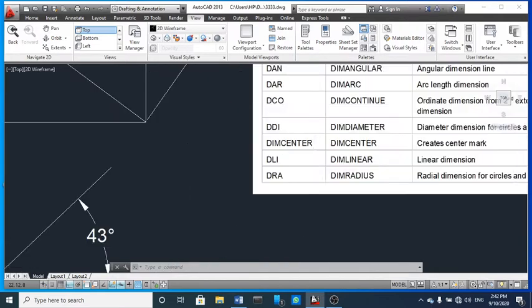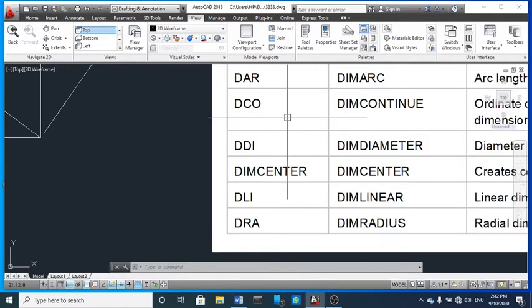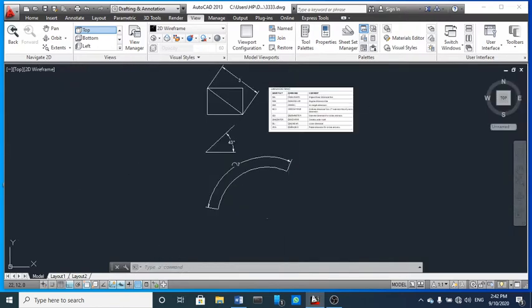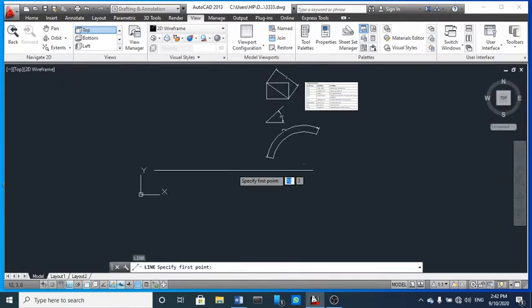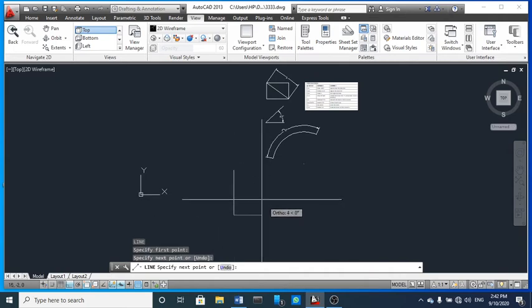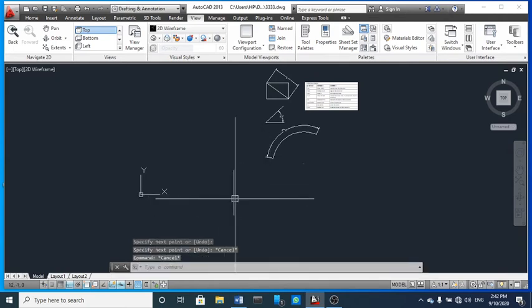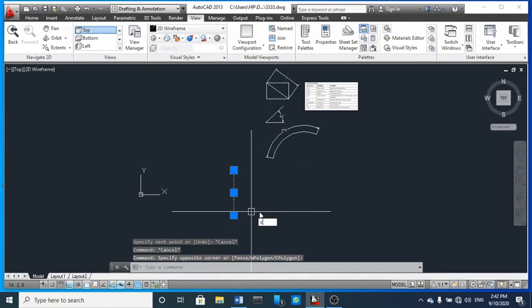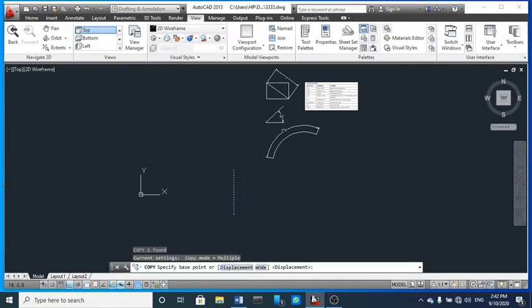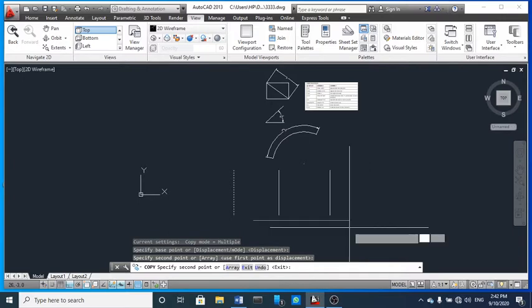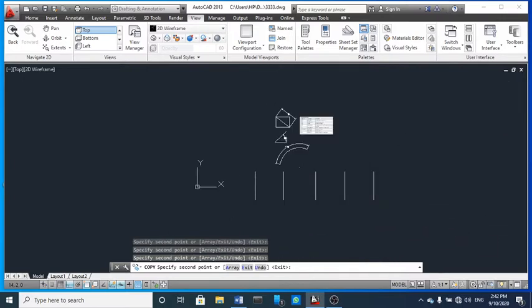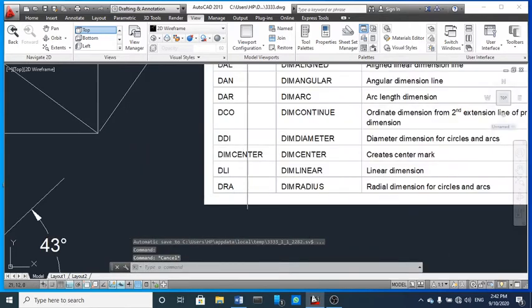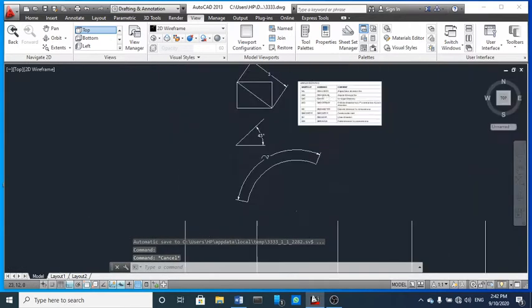Next one is DCO. This is especially for where you want to dimension various lines. Suppose I draw a line, copy it and place it at a certain distance, and then I am going to use DCO, dim continue.